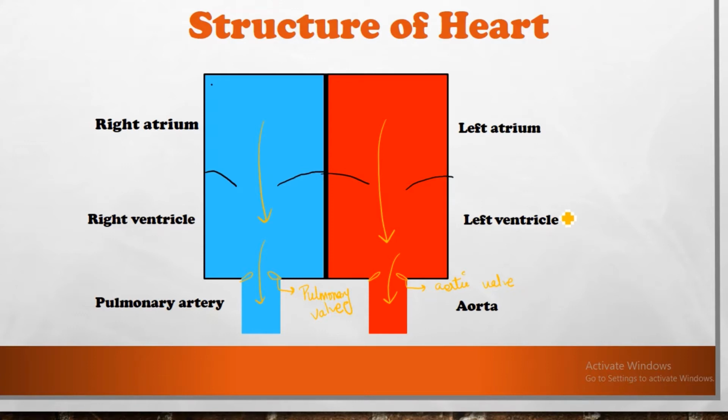So what is the role of a valve? Valves prevent the backflow or reverse flow of the blood from the artery to the ventricle. The ventricle has already pumped the blood into the artery, and now the blood has to go to its destination, not back into the ventricle. If it does so, it will increase the workload on the heart, resulting in a condition called heart failure. So now you can understand the significance of valves in our heart.